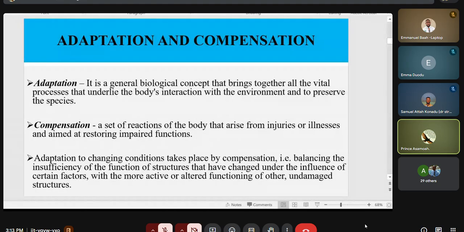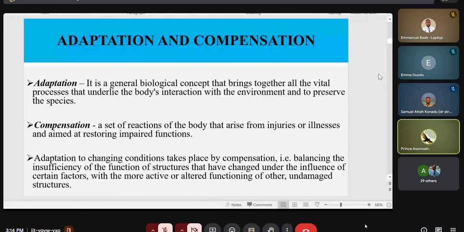What is adaptation and what is compensation? We have just looked at reactivity of cells. Now, if the cell encounters external factors,